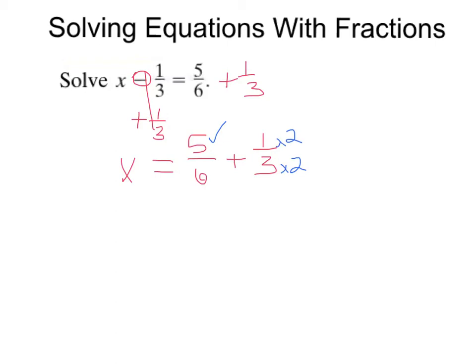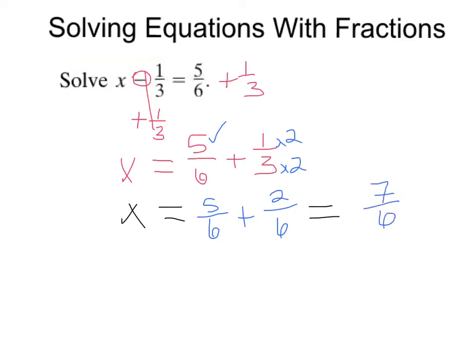So my new equation, the 5/6 stays the same because we didn't need to change it, plus then 1 times 2 is 2, 3 times 2 is 6, and then you just need to add across. So that would be equal to